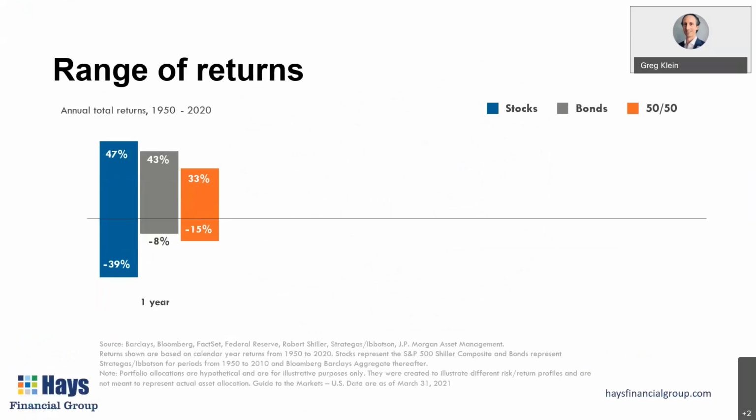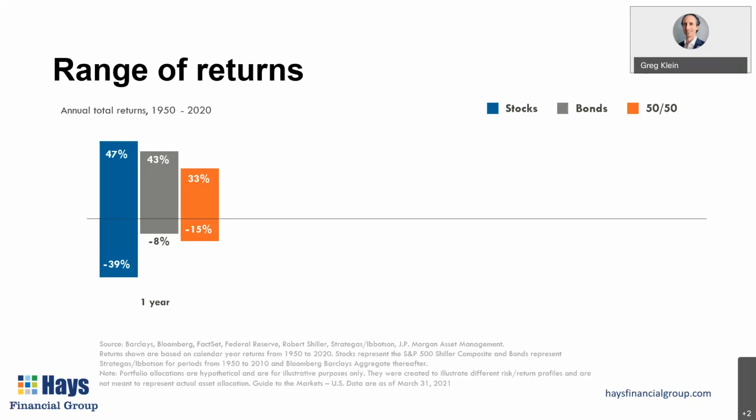And that's going to help you because those different investments, as we've seen a few times, have different rates of return. If we look at just the 1 year periods of a stock portfolio, a bond portfolio, or a mix, 50-50, we see that stocks have some pretty good years, but they have some pretty terrible years as well. Bonds are lower risk, so there's not as much negative movement there. And then the 50-50 portfolio. But for any 1 year, you're going to see some movement, even in a diversified portfolio.